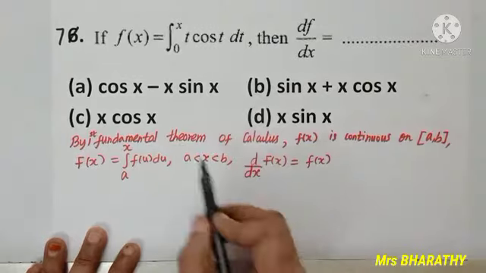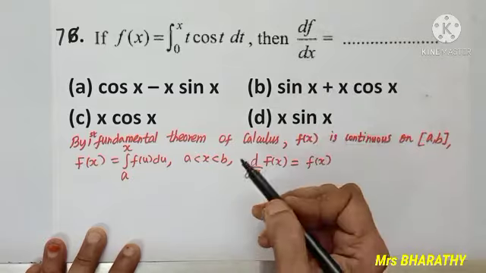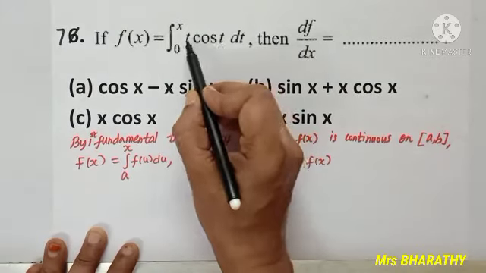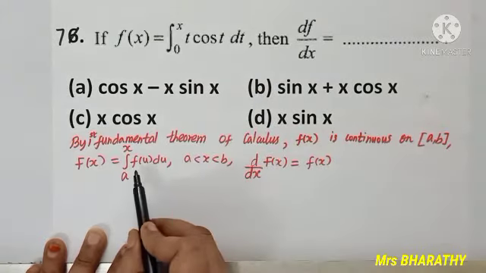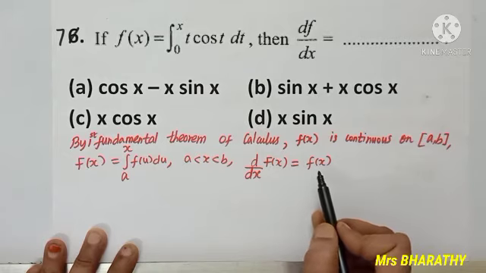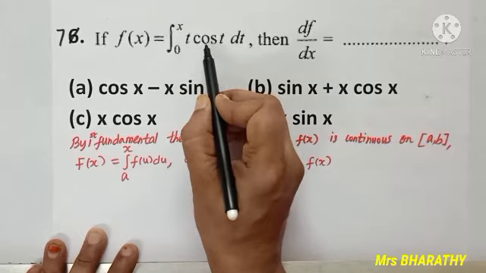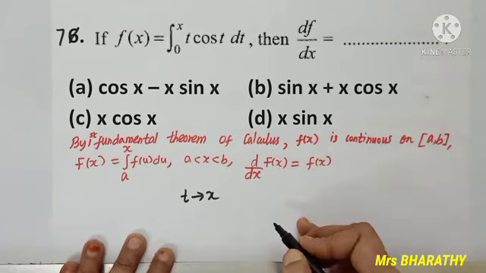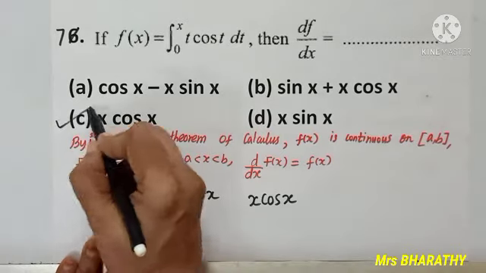The same idea, f of x is integral. As I differentiate f, differential and integral cancels. So t cos t will just become, put this x cos x. Remember, here I have x. My answer is f of x. So here I have x. My answer should be x cos x. So the right option, wherever t comes, I just put x. So I get x cos x. The right option is C.